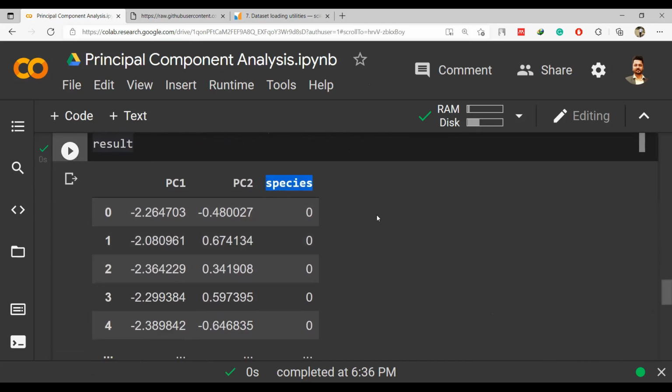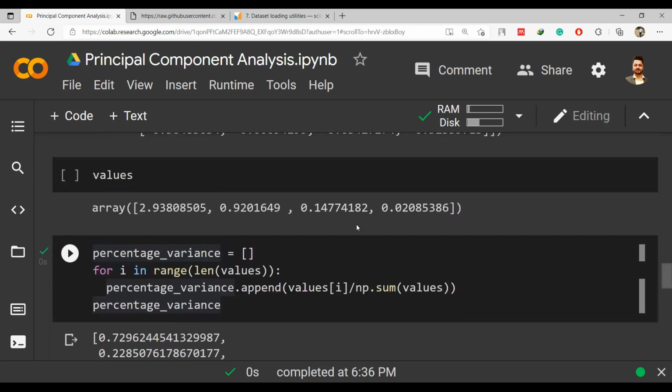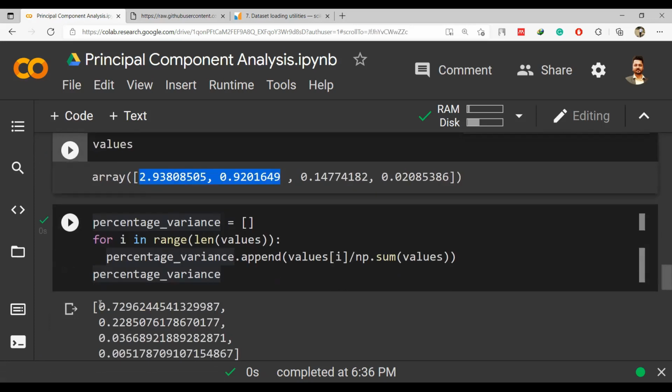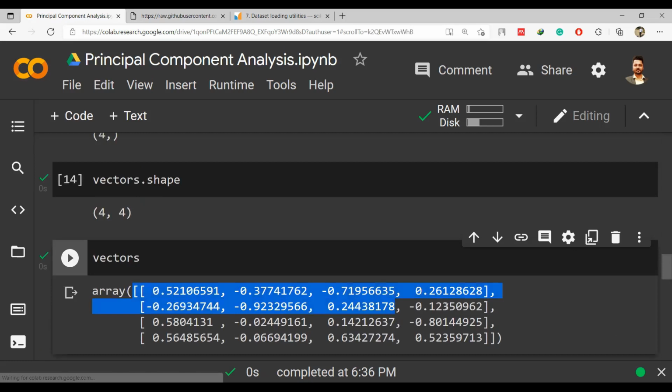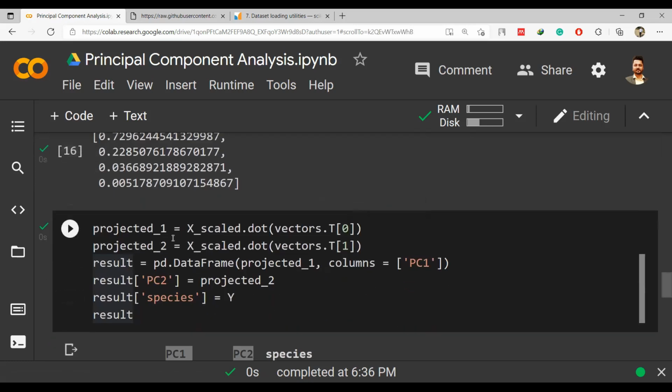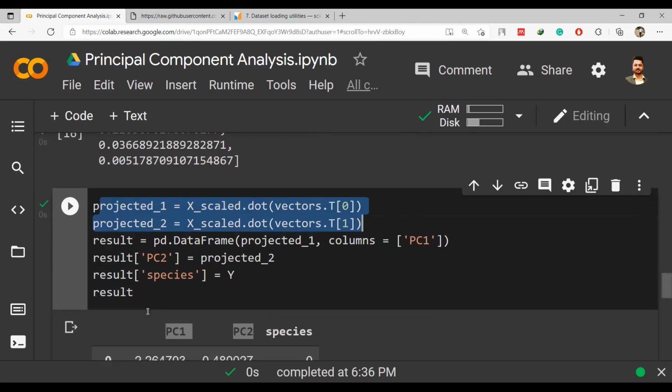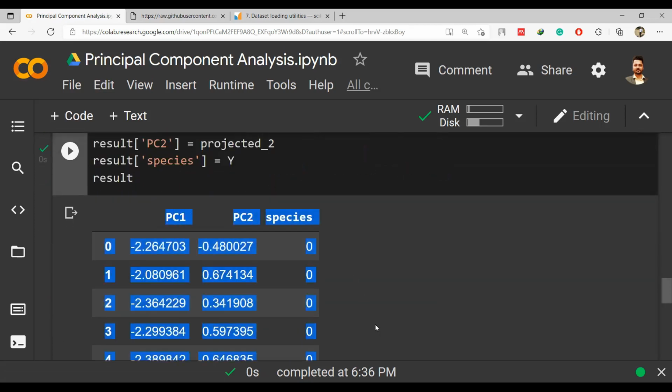Species has the values 0, 1 and 2, and PC1 and PC2 are the two principal components obtained from this technique, where we showed that only the first two eigenvalues were contributing this much, and based on that we kept only the first two while calculating our x scaled projections. This is how our final data set looks.